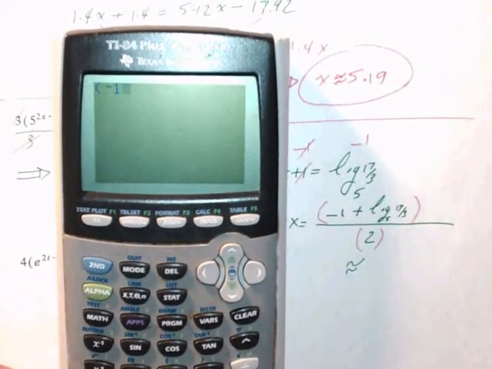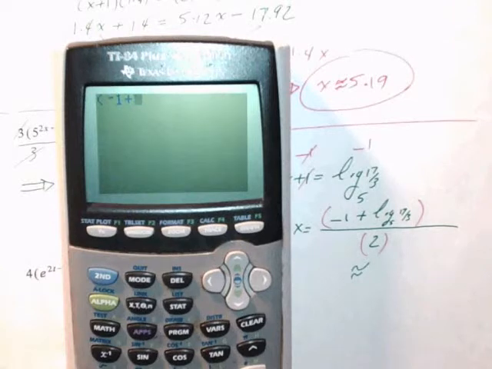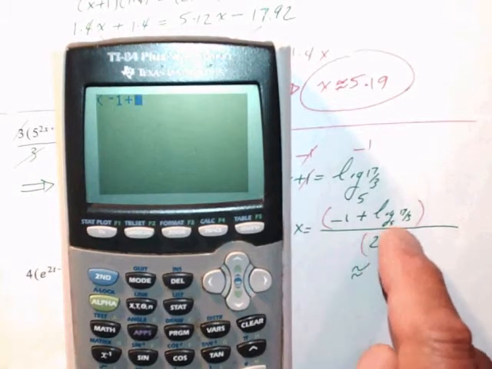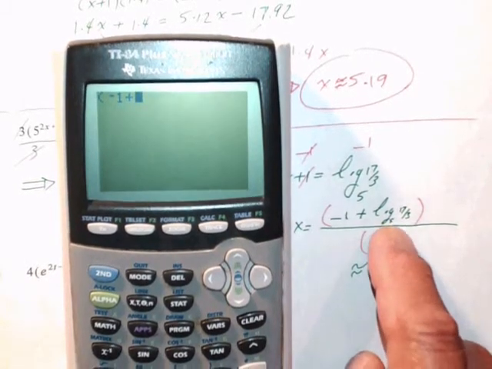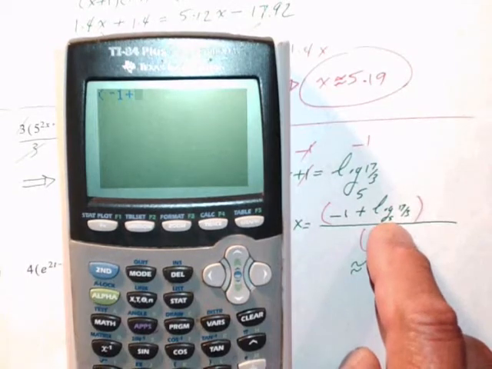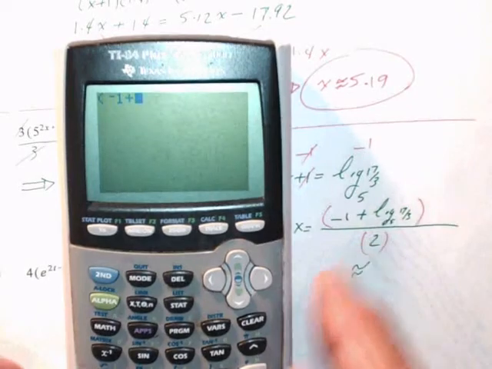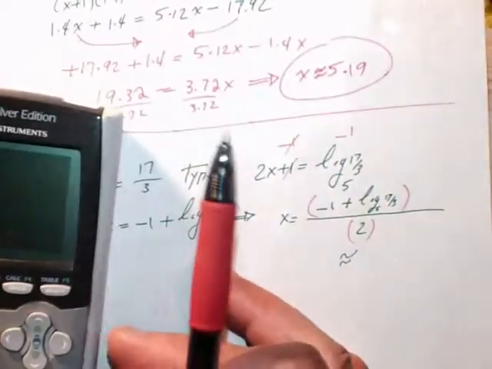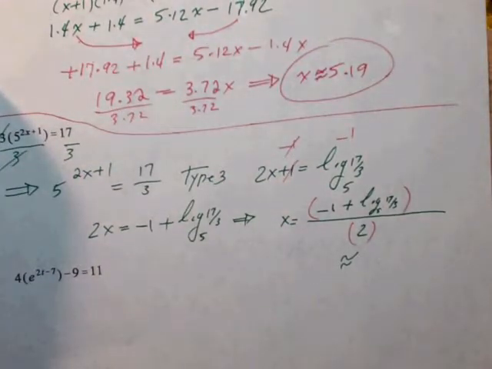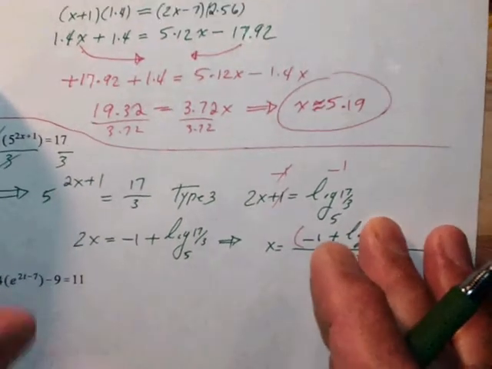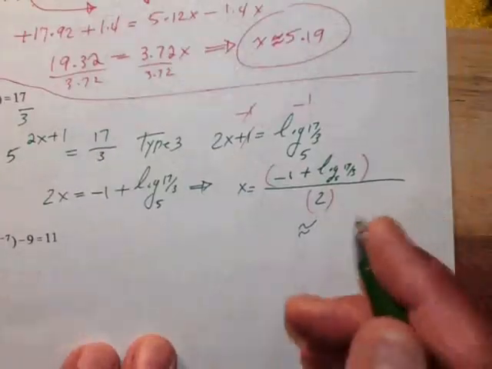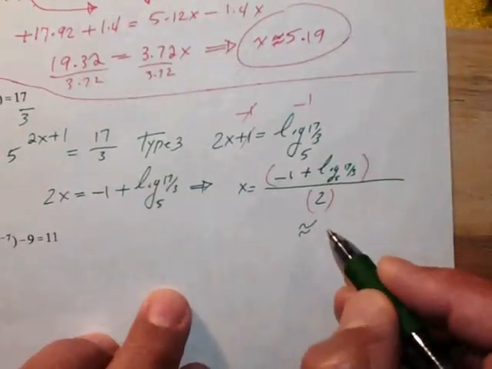minus 1 plus log of 17 to base 5. Maybe I should do this separately first, because some of you don't have that particular feature, so that makes it a little bit difficult. So let me just do it this way. Let me just continue this way first, for the sake of some people who don't have that feature in their calculator. So this is the same thing as